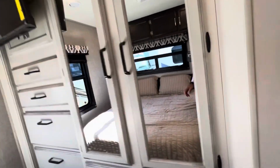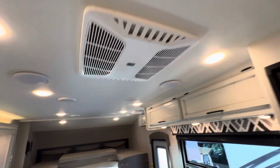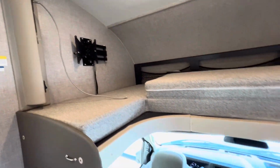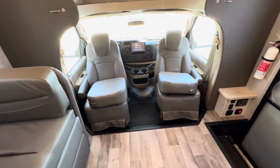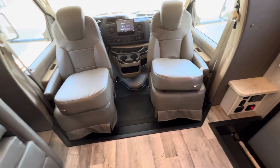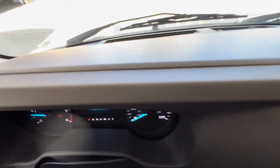Here's another look from the bedroom. TV. And that's the front AC. Now we have a really big sleeping area with a TV mount. This is very, very unique on a Ford chassis. The front seats actually swivel. I left it this way because obviously I can't do it by myself with one hand holding a phone, but there you have it. So this coach has 3,100